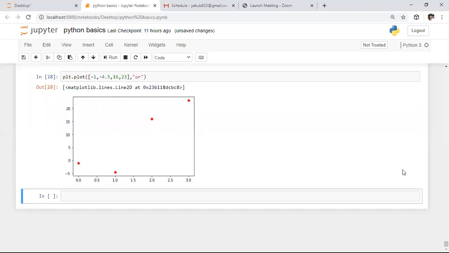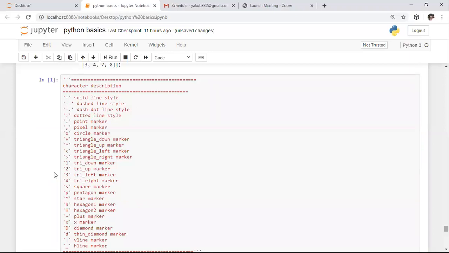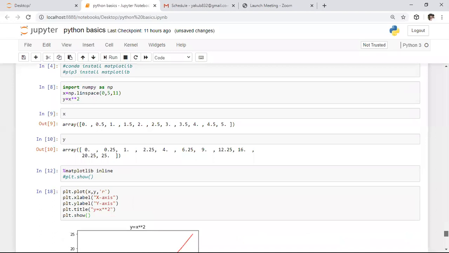Before coming to this session, I kept different kinds of line styles, which color of line, which color of symbol, or which kind of representation represents which thing. I specified all those things in this documentation. To type all these things would take time, so for that purpose I kept this by default in this basic thing. These are the different line styles.